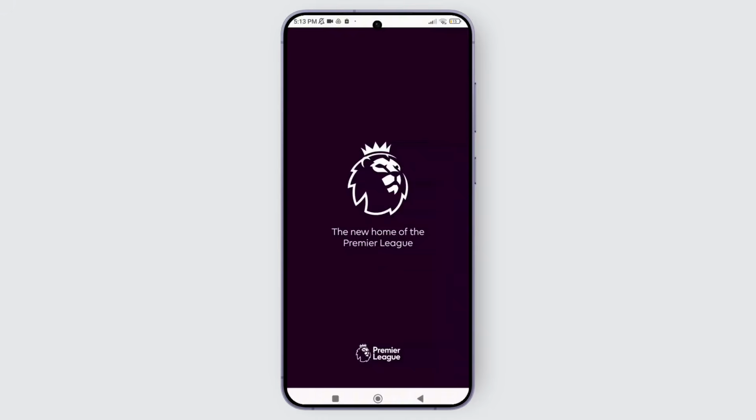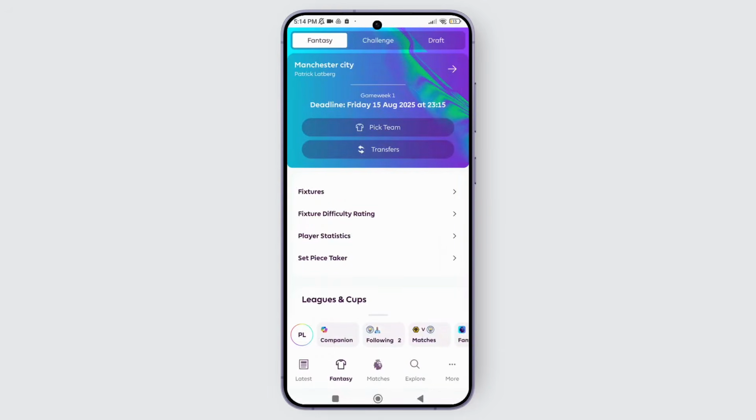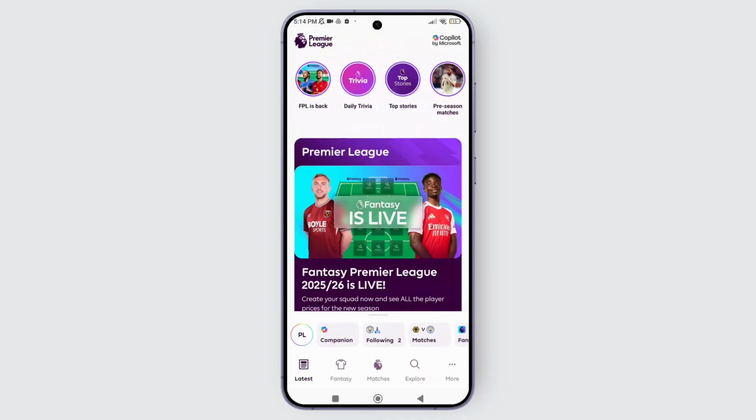And here, once you open the app, you need to make sure that you log in to your account. But if you are new, you can just tap on sign up and follow the steps to create a new account. And now that you are in, from the dashboard, you can pick your squad, make transfers,